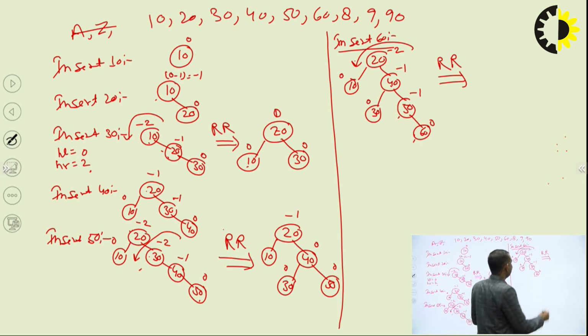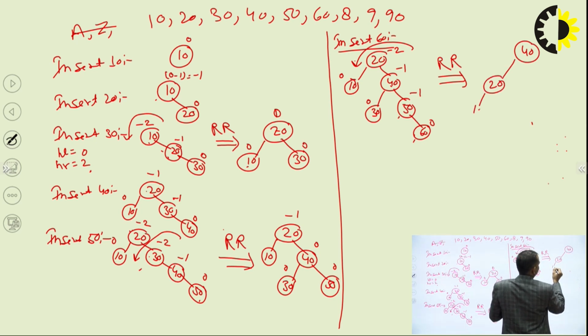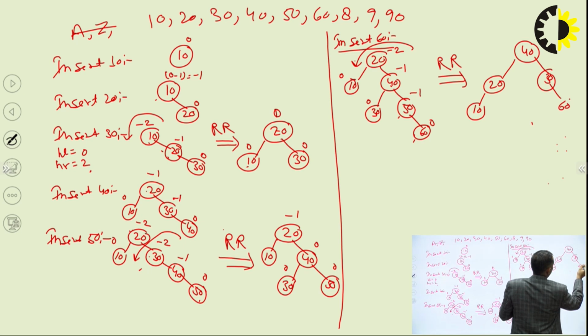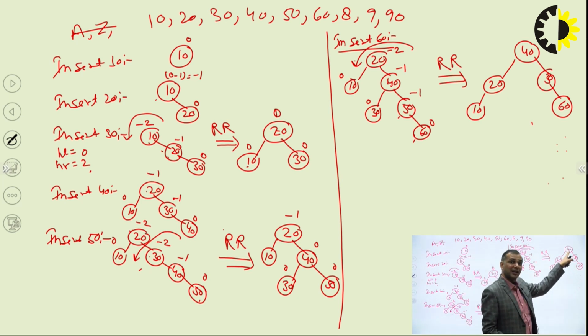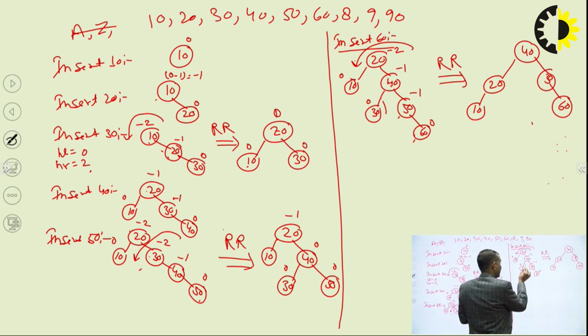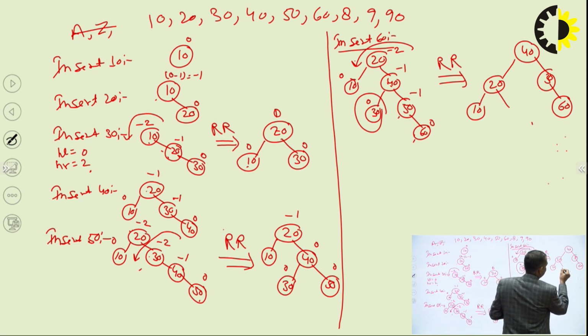When we rotate here, 40 becomes the root node, here is 20 and here is 10. This is the left part, and the right part is 50 and 60. Now 40 comes here, and 40's left was 30, but when we rotate, 40's left becomes 20. So where do we insert 30? It is inserted on the left side: the old root node 20 comes down, and 30 becomes 20's right part.